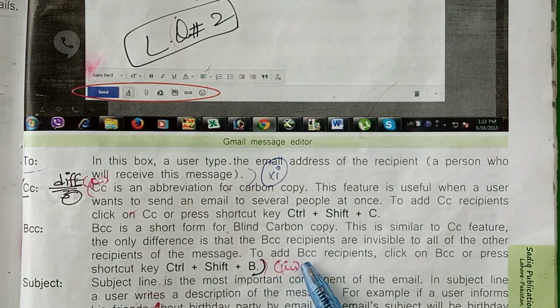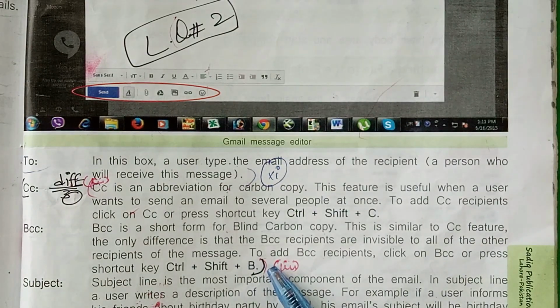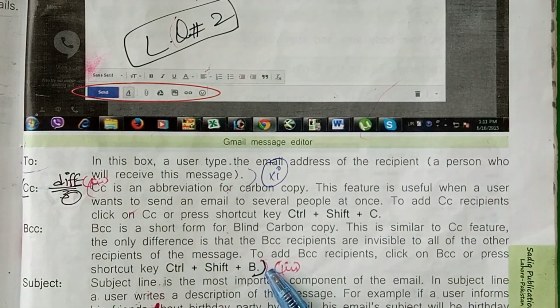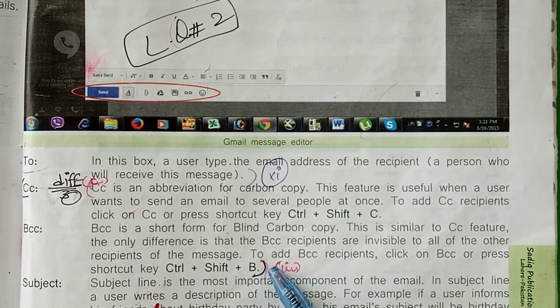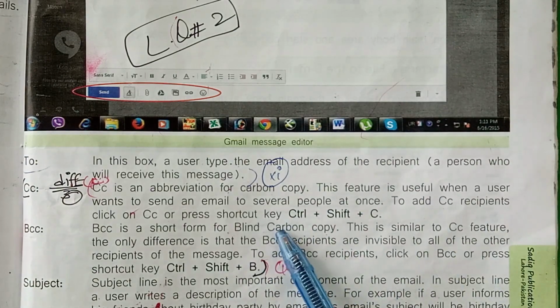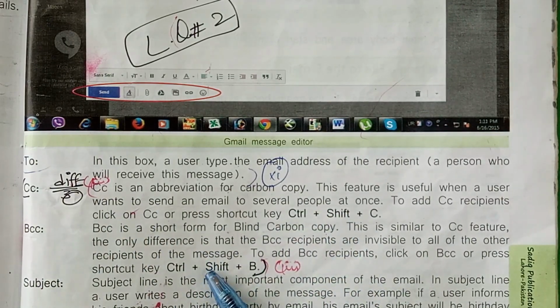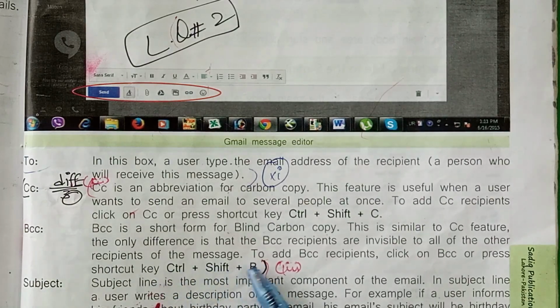To add BCC recipients, click on BCC or press the shortcut key Ctrl plus Shift plus B. BCC allows the sender of a message to conceal the person entered in the BCC field from the other recipients. The other people are not aware if you include anyone in BCC. Remember students, the shortcut key for CC is Ctrl plus Shift plus C and the shortcut key for BCC is Ctrl plus Shift plus B.